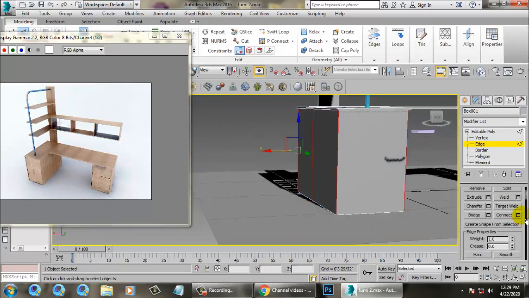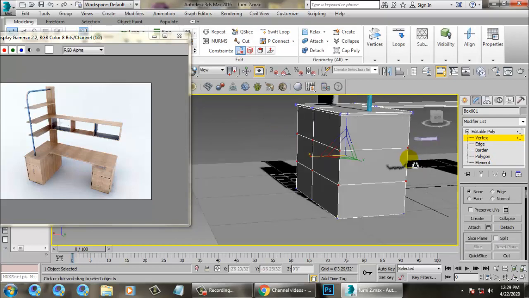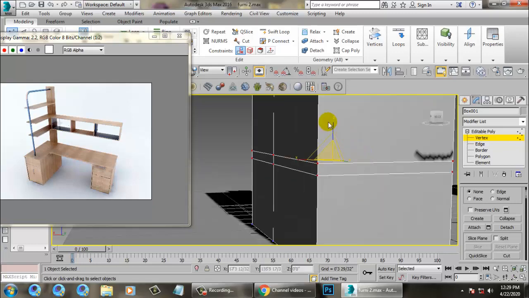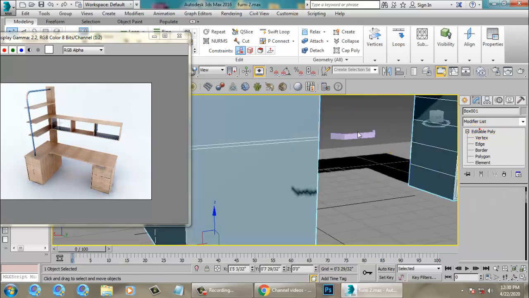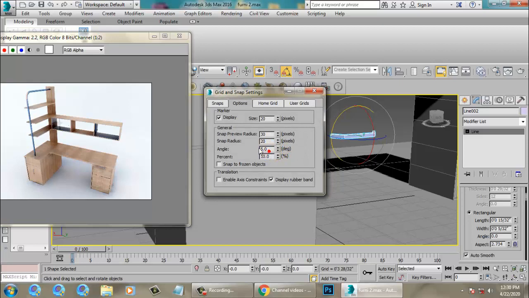Alright, so let's go on adjusting it. Let's put a cut. We'll put 2 edges over here. Select the vertices, just scale it and just scale it more, and you can just push it a bit up over there. Let's select this handle, scale a bit, and let's rotate it. Before that, we'll go to angle snap toggle, right click and make it 90 degree. And now let's rotate it.